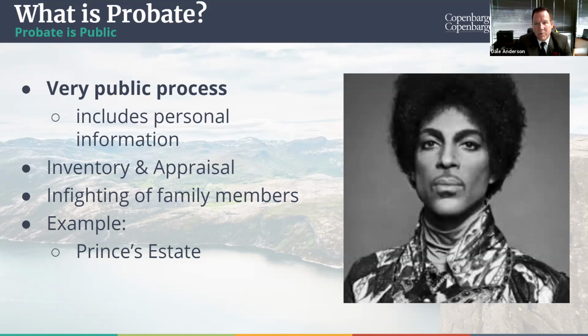Now we have here the example of Prince's estate. Remember, Prince died a couple years ago. And anybody know what his will said? That's right, he didn't say anything because Prince died without a will. So that meant his estate had to go through probate. And then when we talk about notices of beneficiaries and heirs, well, heirs started coming out of the woodwork. All these different people started filing saying I was a love child or I was somehow related, so I'm entitled to his estate. And all of that started becoming part of the process. And all of it becomes very public. And like I say,